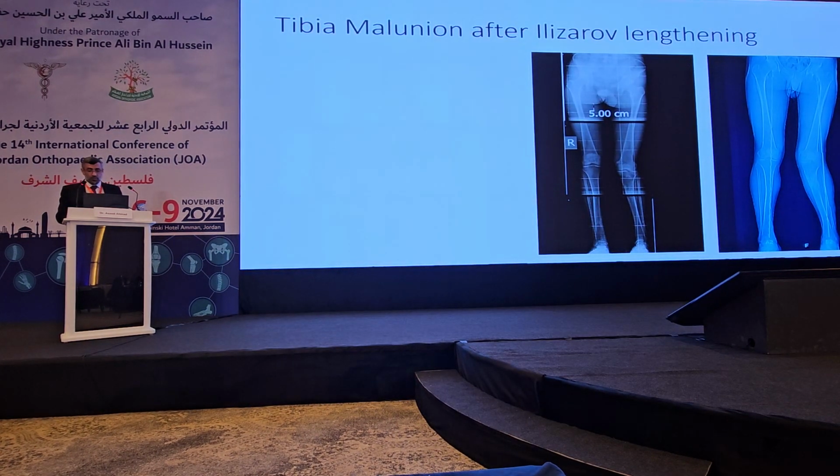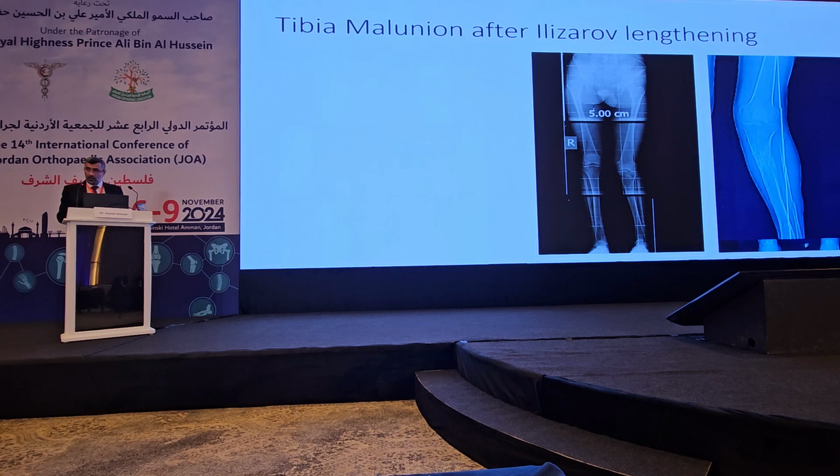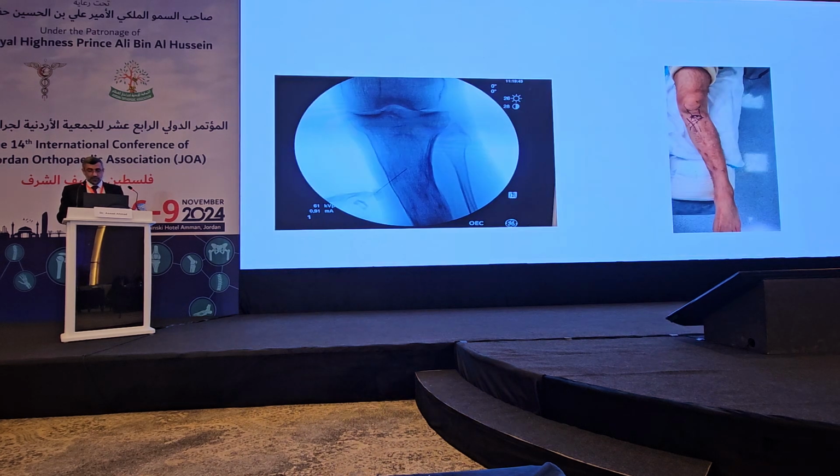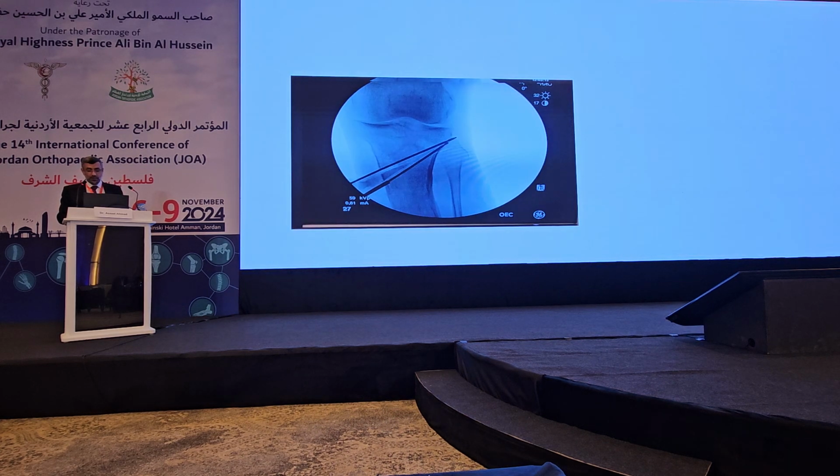So if I ask you to plan correction of this deformity, most of you will say, okay, this is the corner, so we have to do it like this. But the problem with this is you need fibular osteotomy, muscle dissection, break the hinge, and so on. So I would plan it like this. By this, we preserve the hinge, take the wedge out,